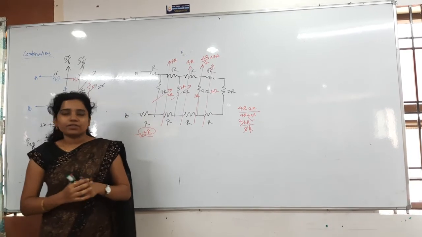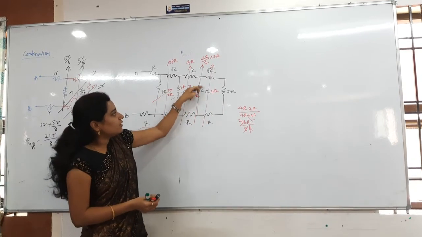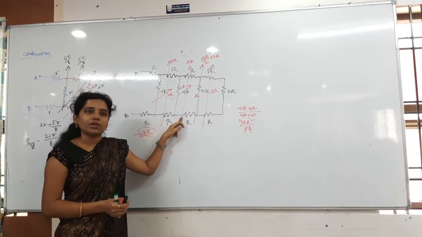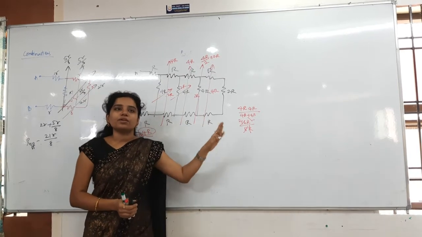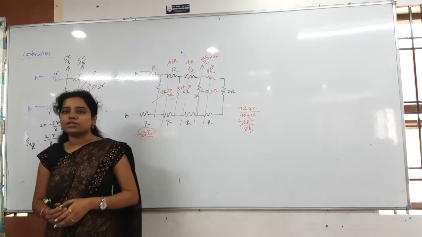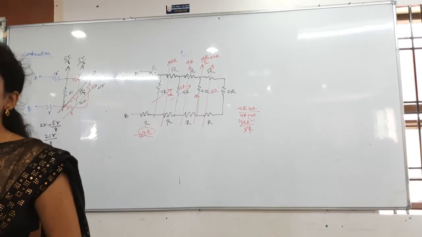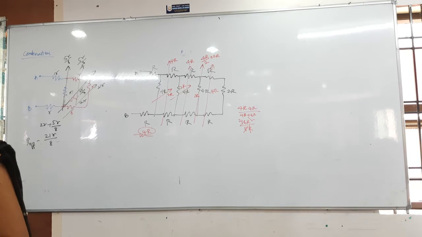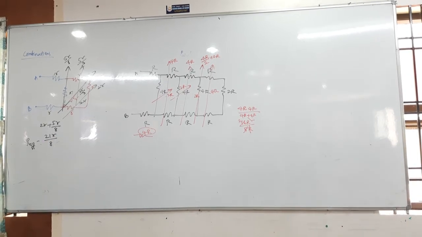You understand, right? Whenever I reduce this one, how much are you getting? 4R. Whenever I reduce one more end, again how much are you getting? 4R only. So like that you are getting 4R, which means your answer is also 4R only. That will be the symmetrical value. The number of times it is repeating again and again makes it a balanced condition, so that you will get 4R only. Clear? Then next problem.